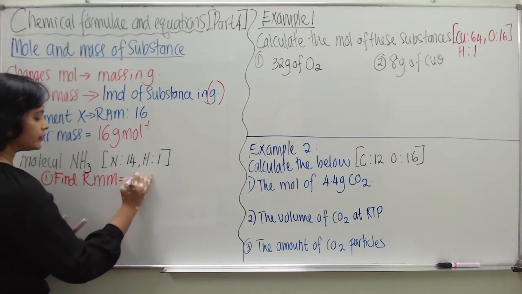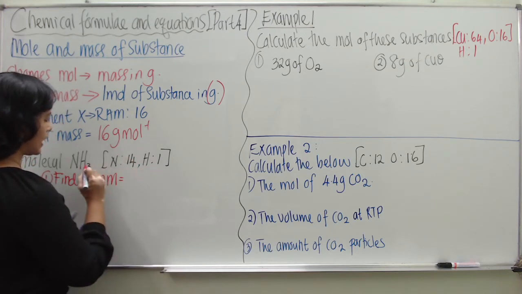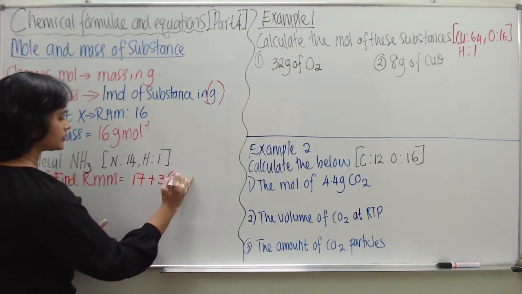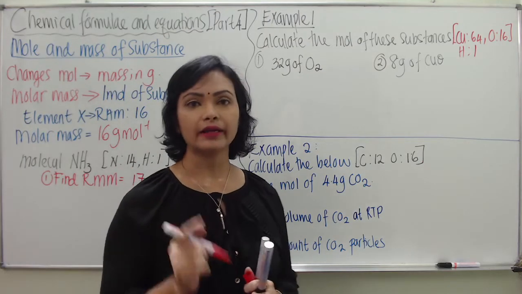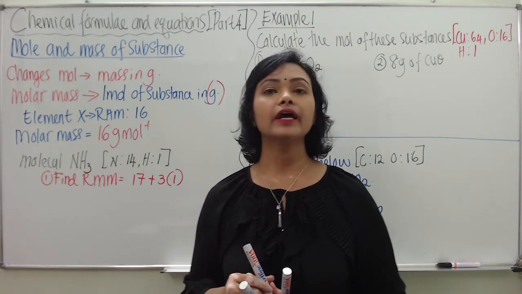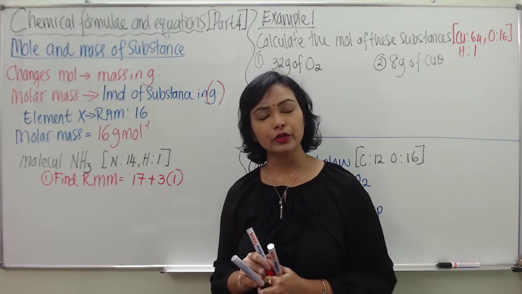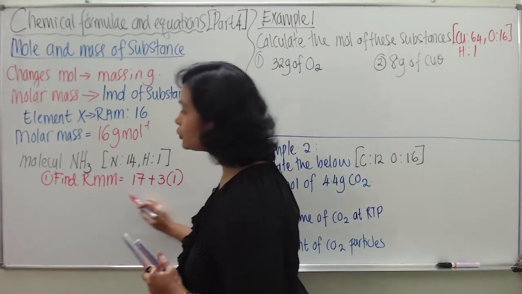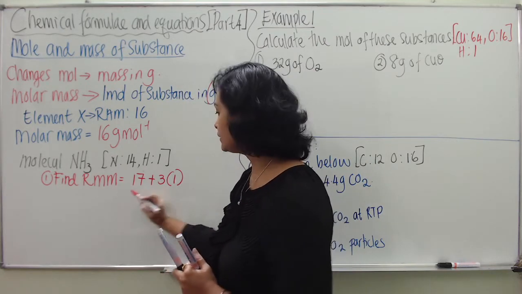Teacher has explained how to calculate relative atomic mass and relative molecular mass in our part 1 video, so students can go to the part 1 video and have a look at it. First thing you have to do is find the RMM, relative molecular mass, which is